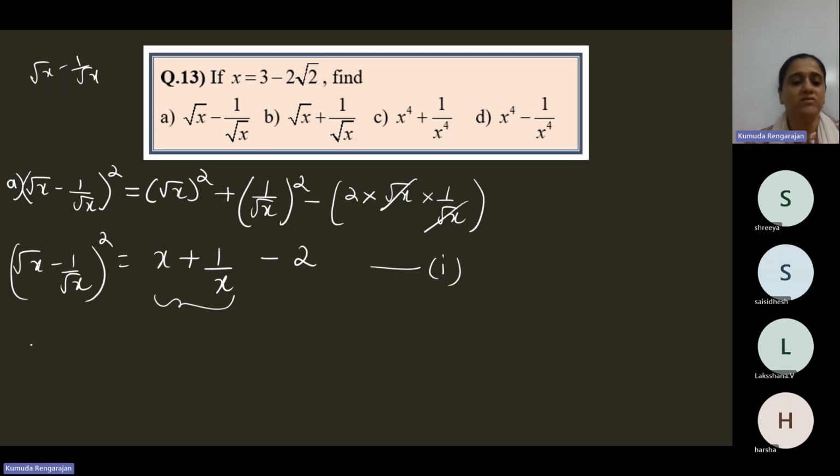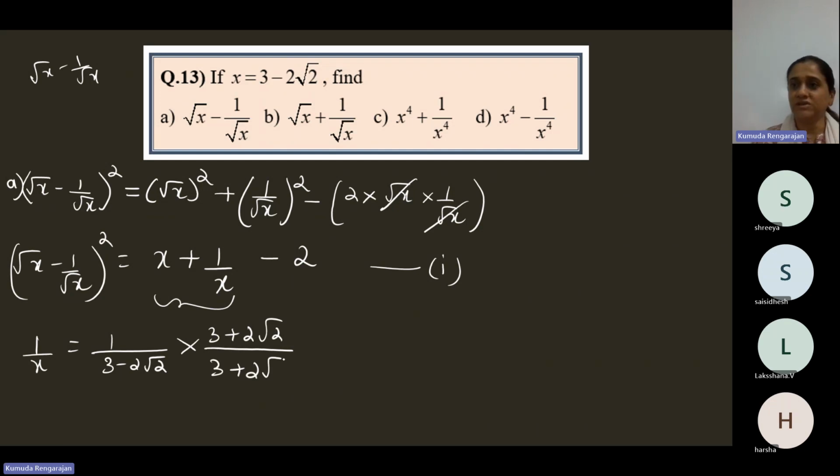Okay, so to find the value of x plus 1 by x, you need the expressions for x and 1 by x. x is already given to us in the question and it has a rational denominator. So we need to find 1 by x. What is 1 by x? 1 by 3 minus 2 root 2, into 3 plus 2 root 2 by 3 plus 2 root 2. So we'll have to rationalize the denominator. So 1 by x is equal to